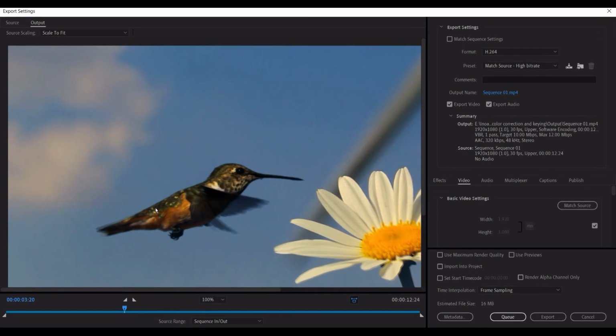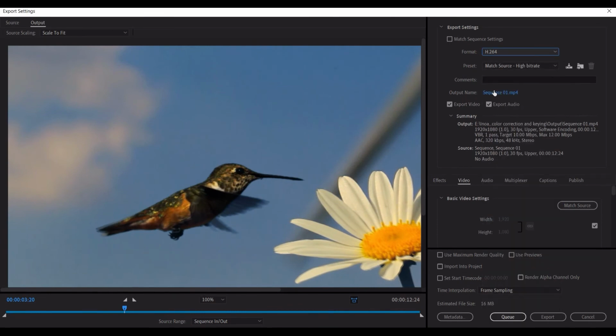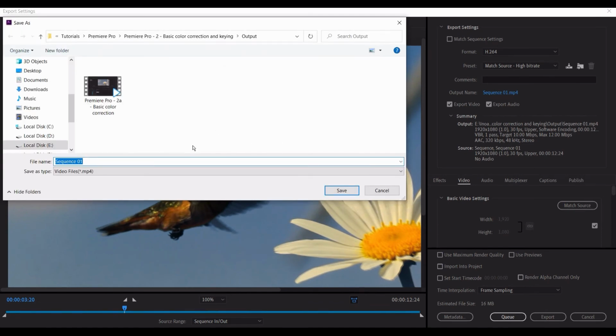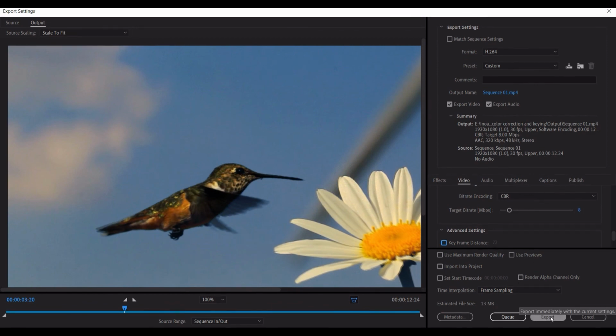Now in the media window we have this preview on the left hand side, and on the right hand side we are going to select H.264 format, which is the delivery format when you output, and make sure to save it wherever you want by clicking on sequence and naming it. Another thing we are going to see is reducing the bitrate. Currently it's variable bitrate. We are going to make it constant bitrate, and let's say make it 8 MB, and now our file size is going to be 13 MB, and finally we are going to export it.